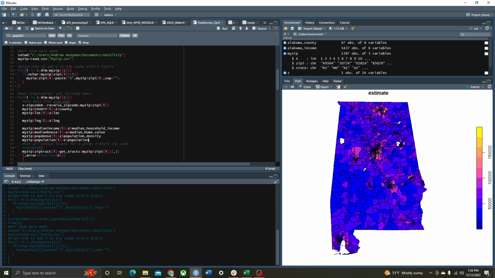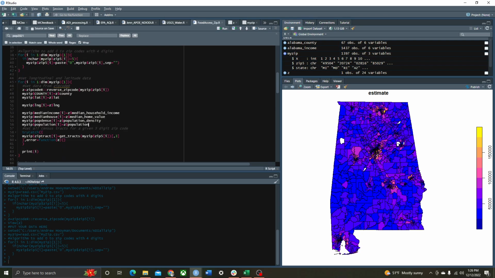And we're going to use these to compare to our food access data, as the food access data also has population and median income. And so this will give us an interesting proof of concept about how well we're able to match based off of zip codes we get from zipcodeR to the census tract data that we're going to get from the food access database. And then I'm going to use a specific function within